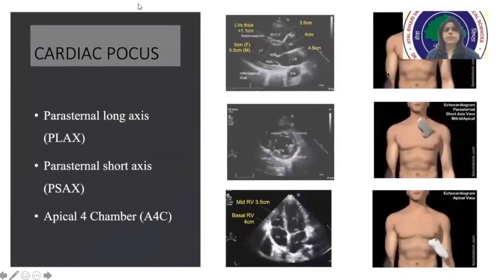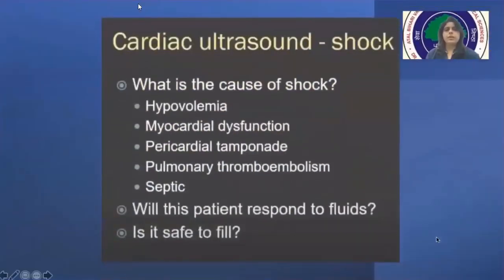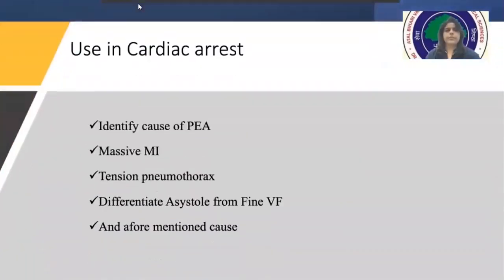In cardiac, we use the following axes: parasternal long axis, since the heart lies like this, parasternal short axis, and apical four-chamber view. Why do we use it? To rule out cases of hypovolemia, myocardial dysfunction, pericardial tamponade, pulmonary thromboembolism, sepsis, and we can also know whether this patient will respond to fluid, or is it safe to fill or not, through seeing IVC variability and heart